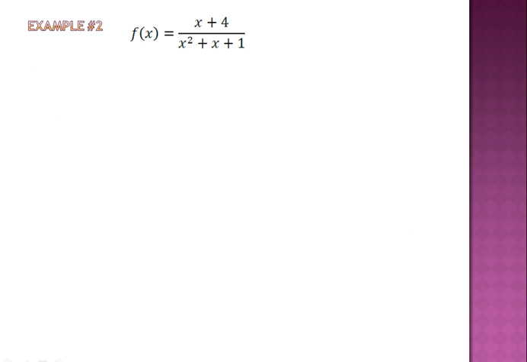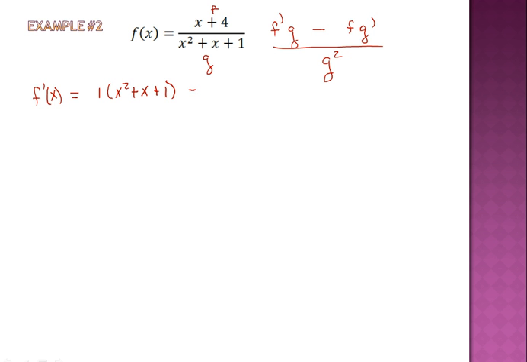Let's do another example of the quotient rule. So we have two functions. The numerator is one function and the denominator is another. Our pattern says derive the first function, leave the second one alone, subtract, leave the first function alone, derive the second, and divide by the second function squared. So, deriving x plus 4, for our full derivative f prime of x, we're going to get the derivative of x plus 4 is 1, leave the denominator function alone, subtract, keep the numerator function pure, derive the denominator, 2x plus 1,